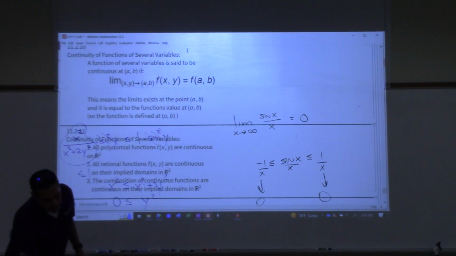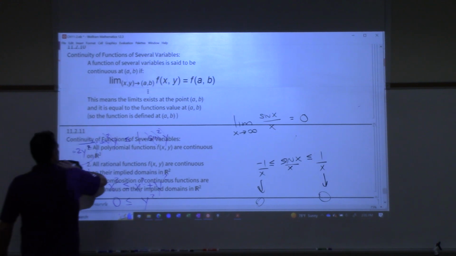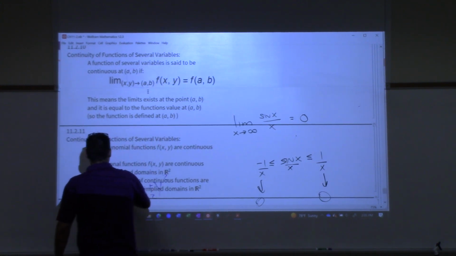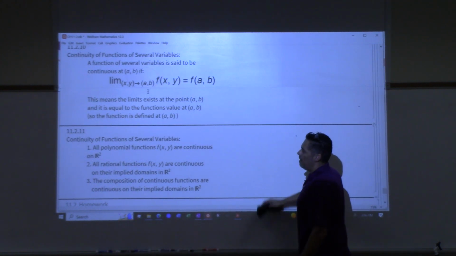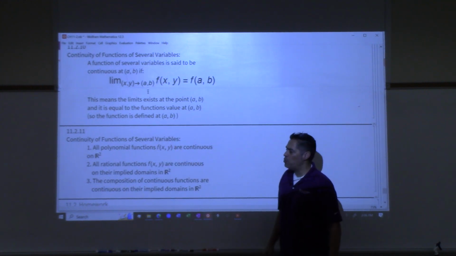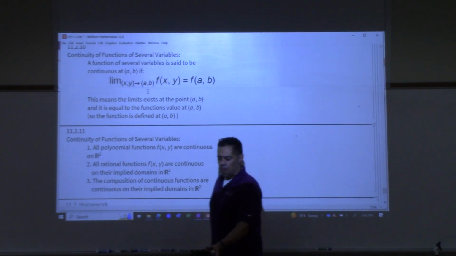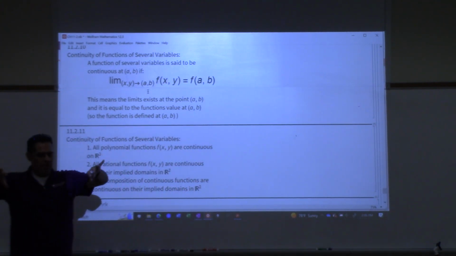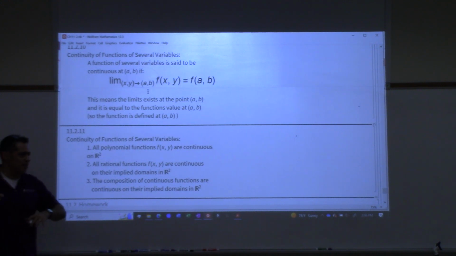All right, we are done. Oh, wait, no, one last little note here. It's just a note. Continuity, right? Well, we're just going to gloss over this, and I'm just going to give you the conclusion, which is all we need. And that is, when it comes to functions of several variables like f of x, y, all polynomial functions are continuous everywhere. Which means that when we look at that sheet that's floating in the wind, we should expect that there are no asymptotes, no holes, no jumps, no breaks in the graph. If it's